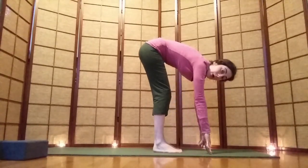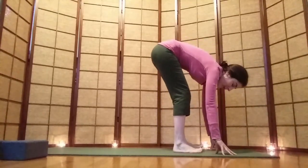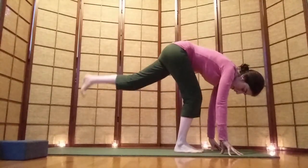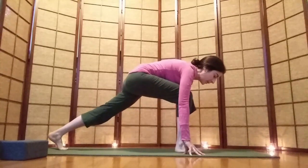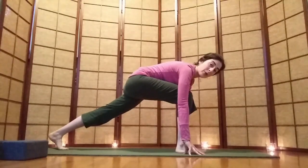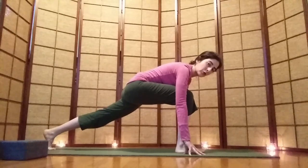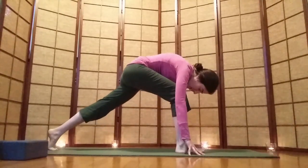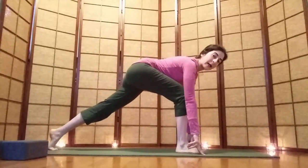And then from our forward fold, we'll step back into runner's lunge pose. So lift the left foot, take a big step back, bring the hands in, and keeping the right foot towards the right thumb, fingertips in alignment with the toe tips, and perhaps walking, lengthening the left leg behind you. And do a big cat stretch here. You wave the spine up, reach the crown of the head forward, create space in the body, and then exhale,